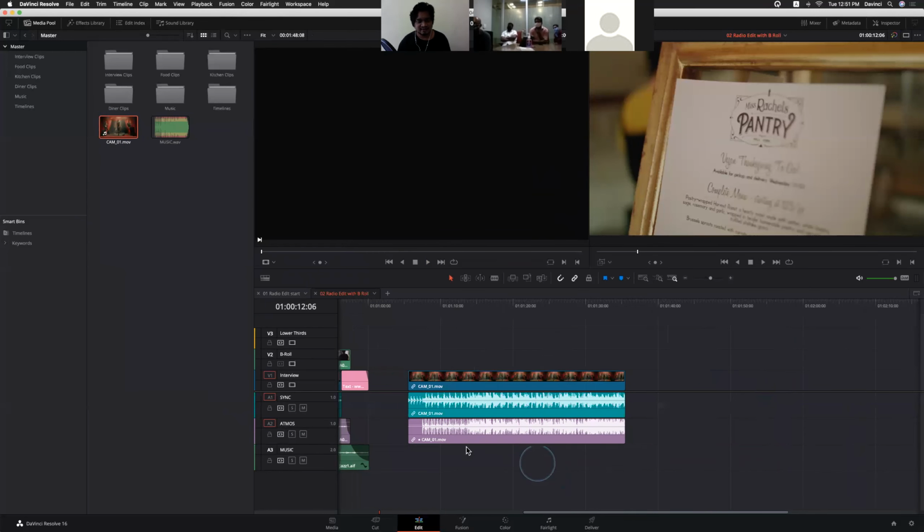Now don't go with the color because we have changed the color for the particular track, right? You can always change the color for a particular track. For the music track, I want this color, for the dialogue track, I want this color. We have that option to add color for entire tracks and for particular clips also. You can make changes to that. Just right click and change track color. So that's why we are seeing this color change in these two tracks.